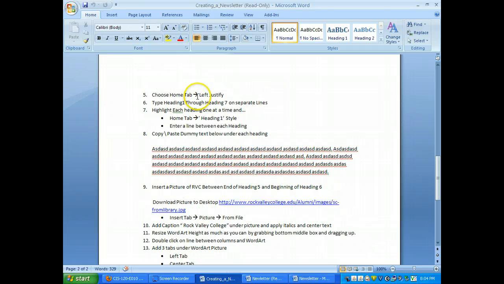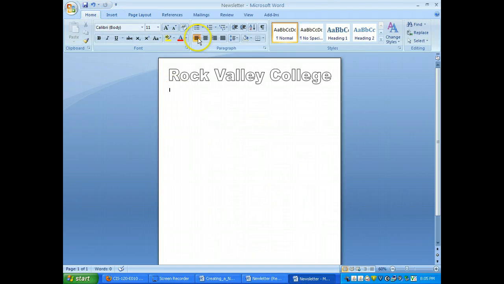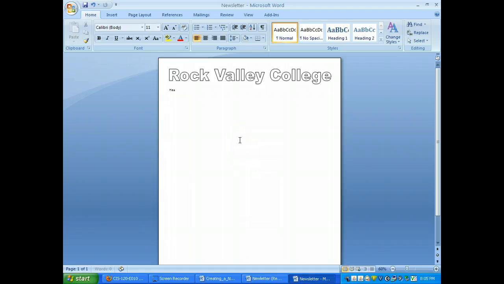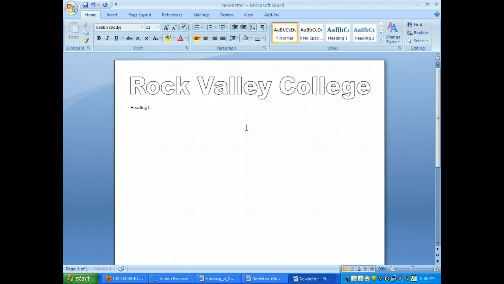So make sure you're left justified. Mine looks like it's already left justified, but make sure it is before you do anything else. Make sure it's left justified on that line where the cursor's blinking. Then we're going to type in heading 1 through 7 on separate lines. So I'll blow this up for you to see a little bit better. And to make it easier for me, I'm going to copy heading. Just put it 2, 3, 4, 5, 6,